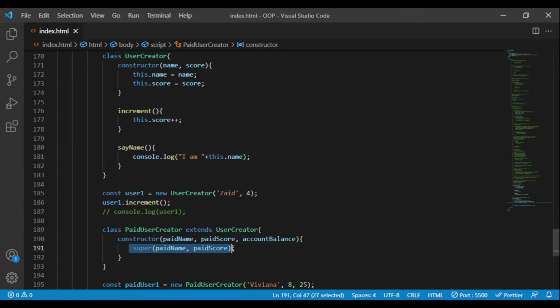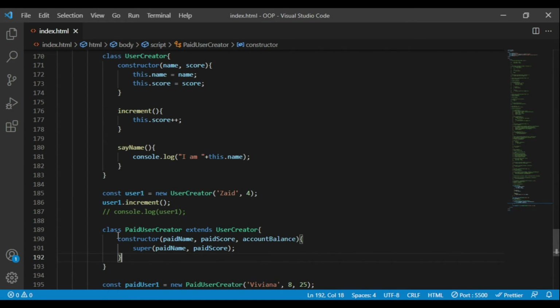For now, try to neglect this keyword as well. The other stuff is the same: UserCreator has a constructor, PaidUserCreator has a constructor,